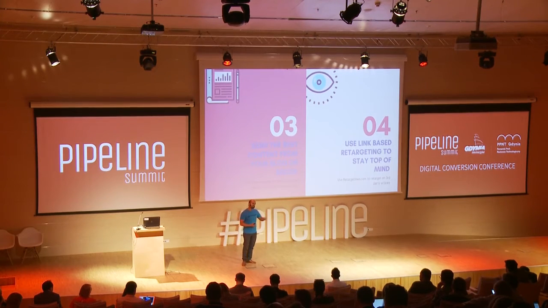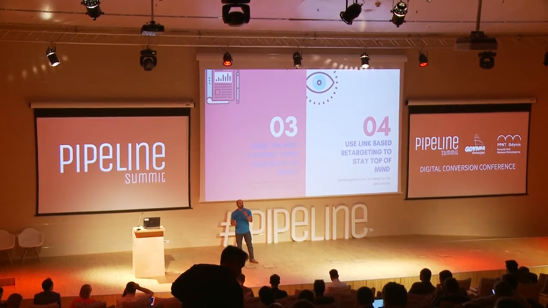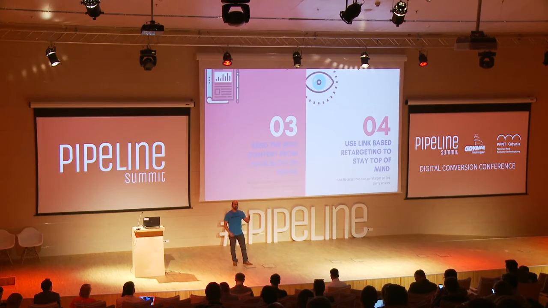And the second part of this is actually to use link-based retargeting, something like Retarget Links. There's a couple other softwares out there that do the same thing, but essentially this will retarget people based off of their link, if they clicked on the link or not. And that helps you because, yeah, you might have site-wide retargeting, but with Retarget Links or any other tool like that, what you can do essentially is send third-party content. So you don't have to now send content only from your site or your blog. You're not limited to that. You can send content from anybody's site, and then over time, you can remarket to them.